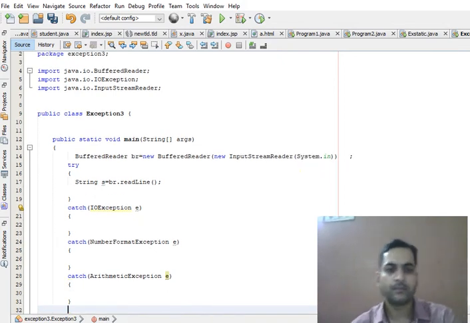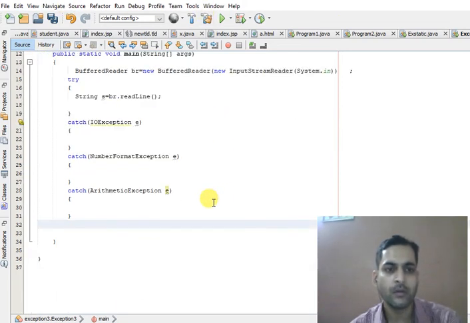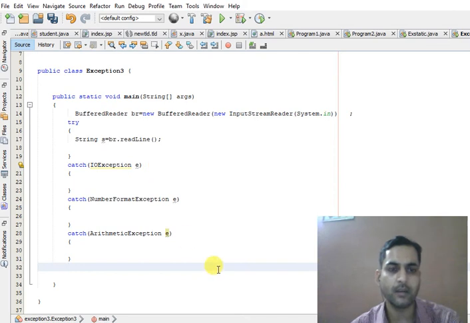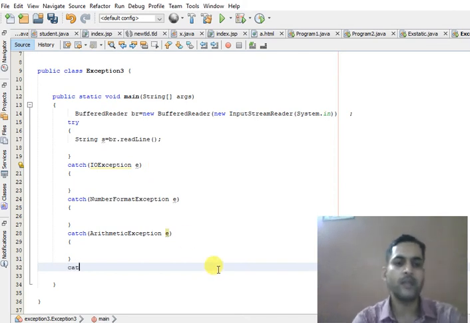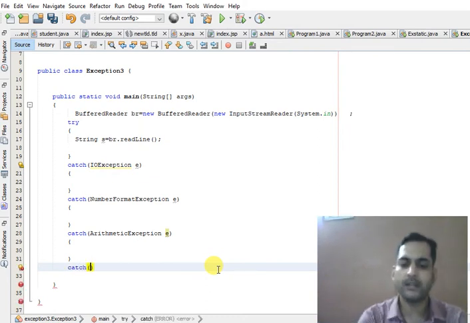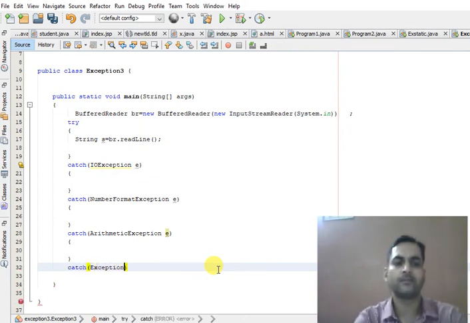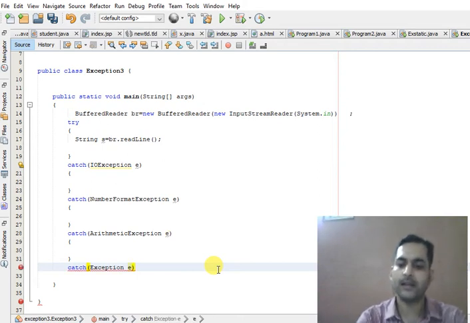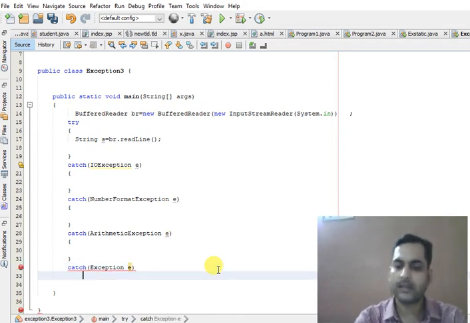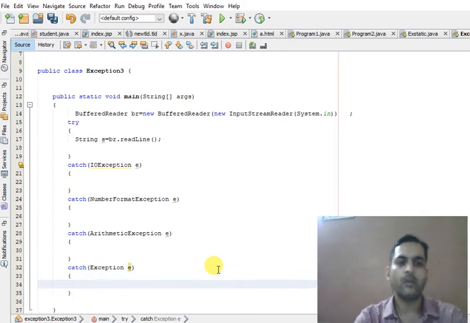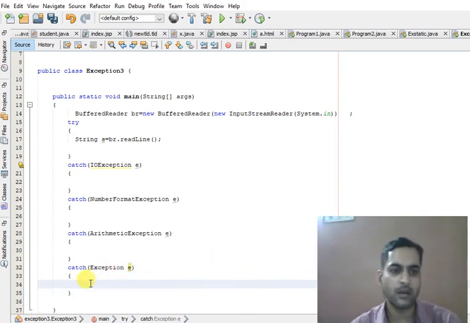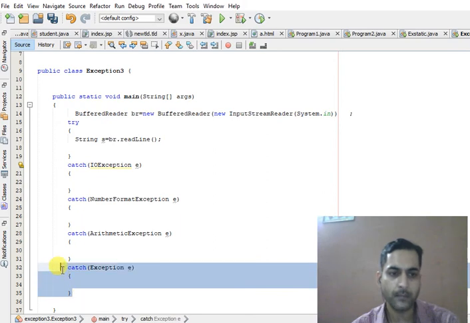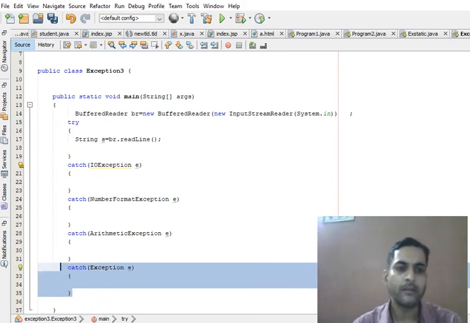And if still you are not sure what type of exception this can throw, then we can use the parent class of all exceptions, that is the Exception class. So this Exception class can catch all types of exceptions. So this must be written after all the catch statements.